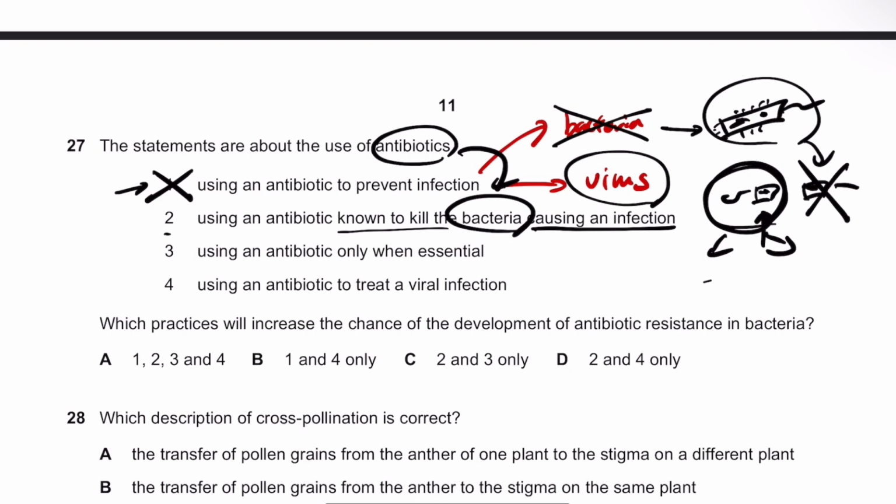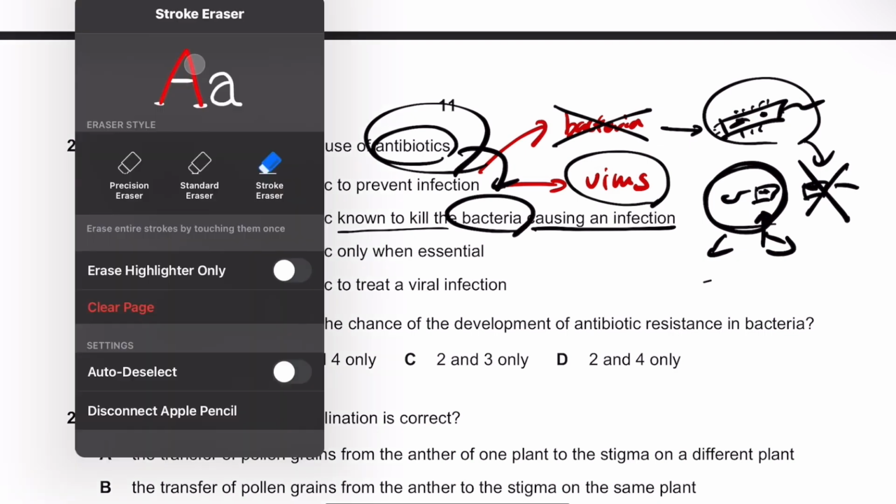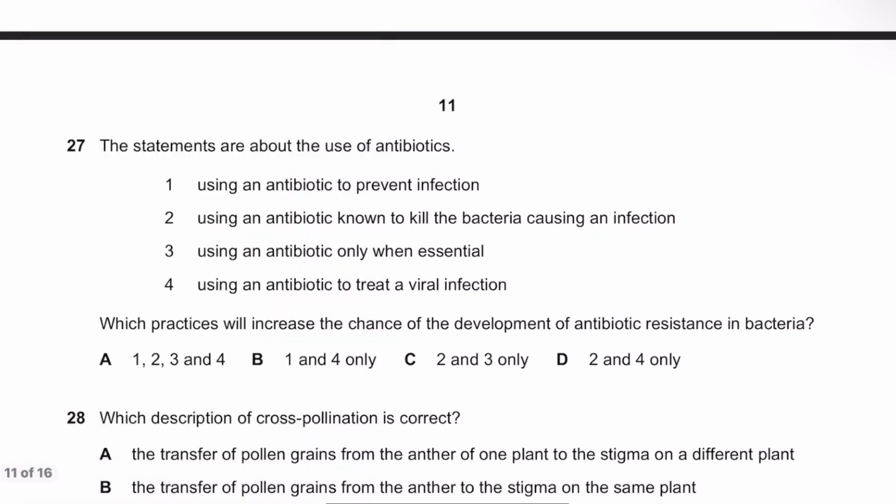And if the disease is caused by the bacteria, yes, then you should use antibiotics. So this procedure of using antibiotics to kill bacteria that causes an infection is, of course, the right way to go. So I'll say this will not cause the antibiotic